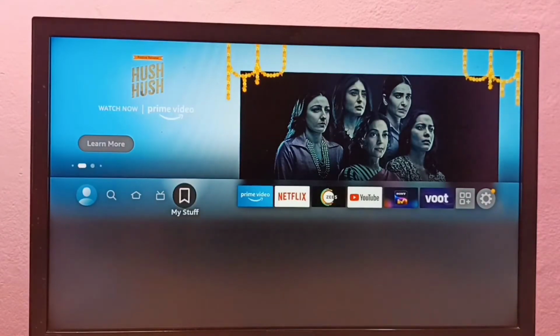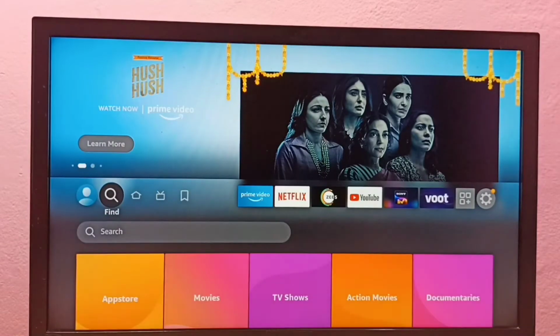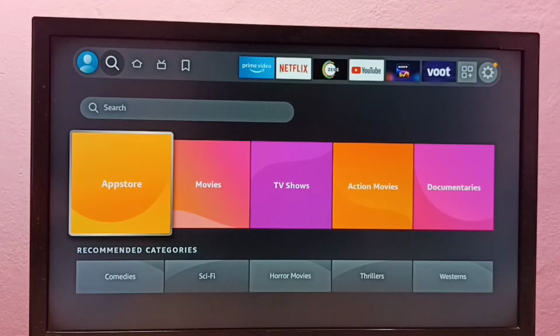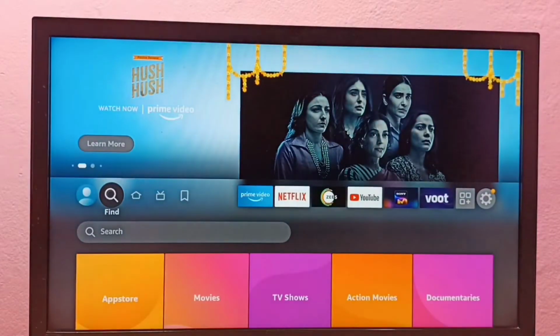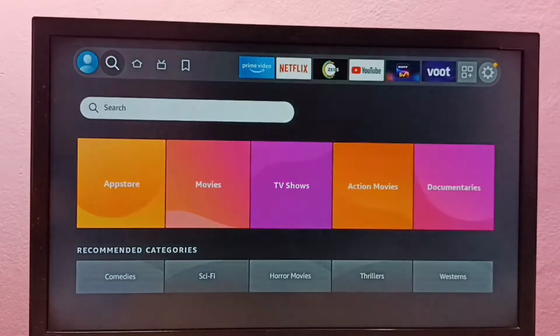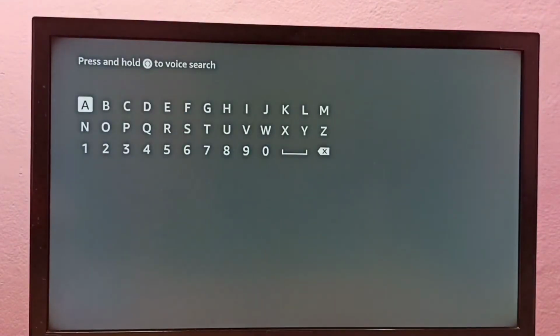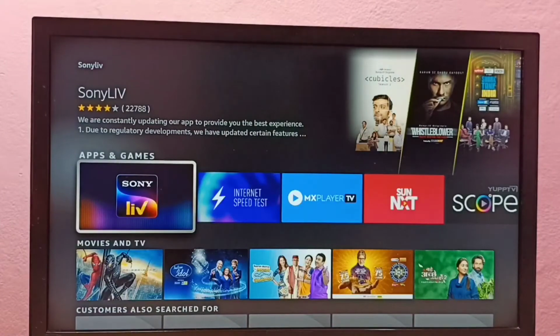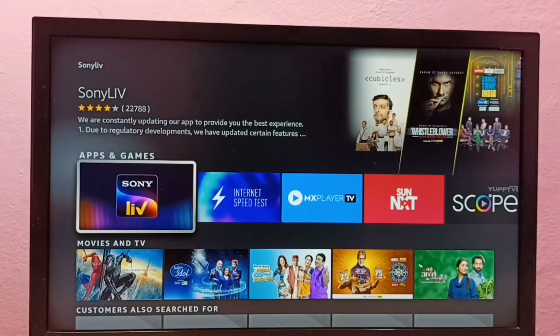So we can open App Store, go to find, and here we can see App Store icon, open it, then there we can search for SonyLIV and install, or just go to find tab, then select search. Here also we can search for the app. So let me search SonyLIV, select SonyLIV, then install, then select the SonyLIV app icon,